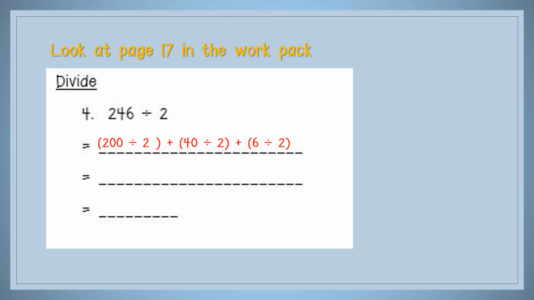So when we're breaking up our numbers into hundreds, tens and units, it will be 200 divided by 2, 40 divided by 2, plus 6 divided by 2. That is our first step. Our second step, remember we had to work out what is 200 divided by 2 and put our answer, which is 100. 40 divided by 2 is 20. 6 divided by 2 is 3. Now our third step is we have to add the numbers here. 100 plus 20 plus 3 is